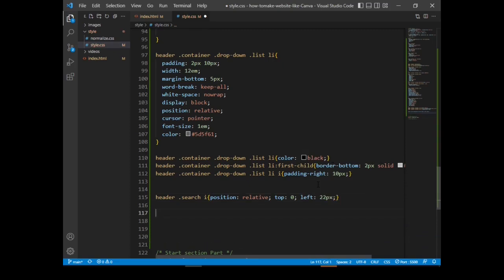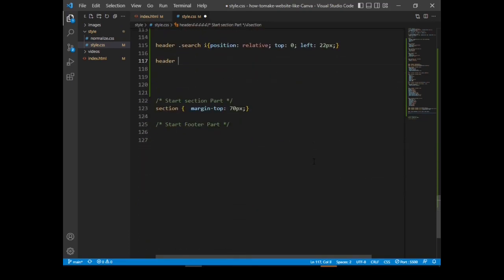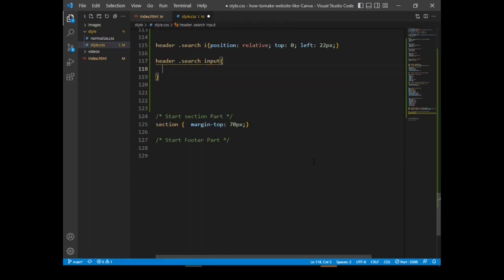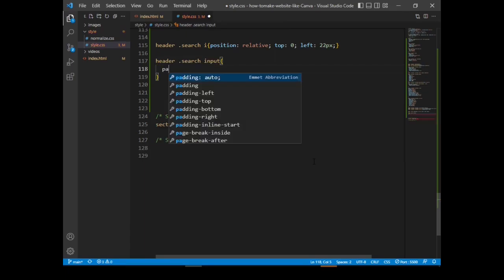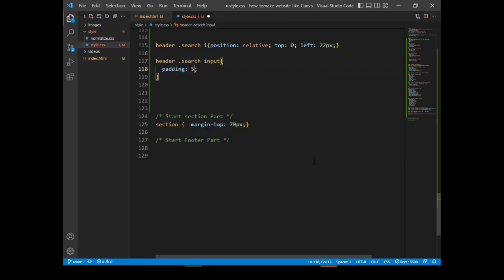Now let's style the header dot search dot input. Padding top and bottom 5 pixels, left and right 20 pixels.